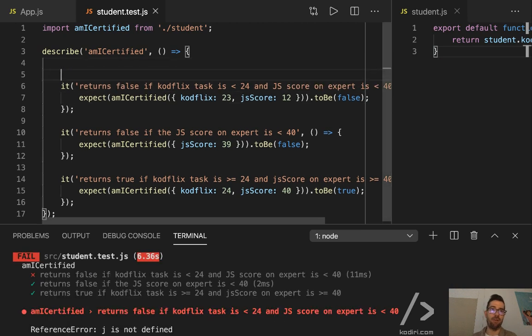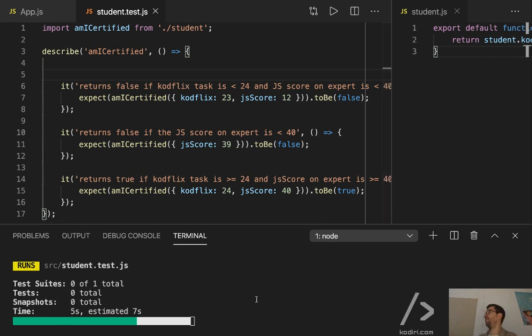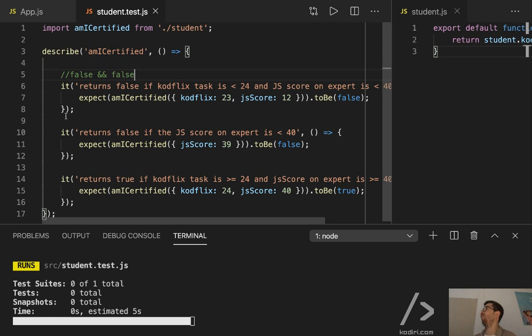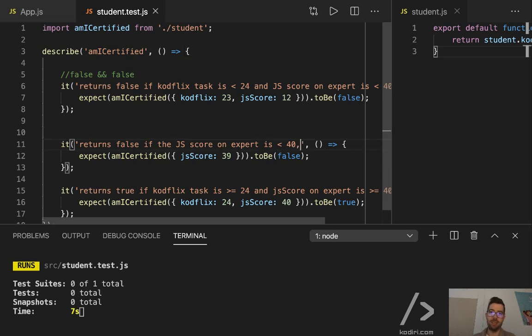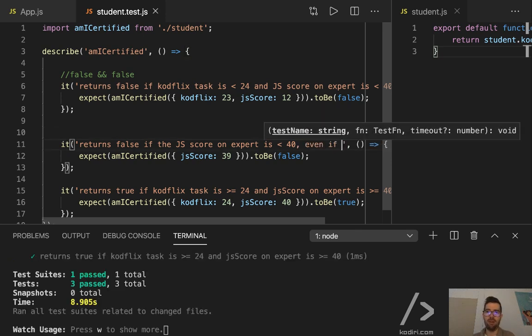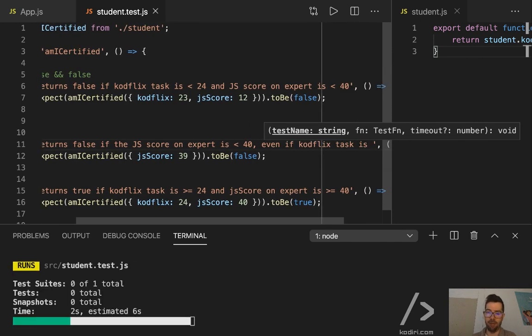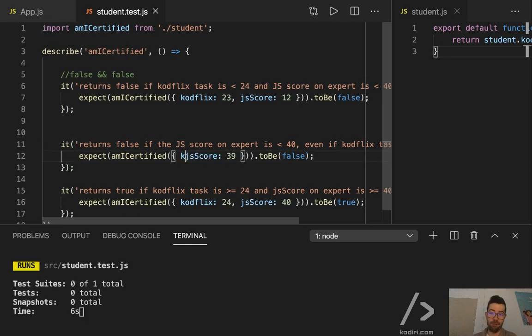So this is false and false. Actually, you can add a comment for now. Let me add a comment. So let me check the tests are passing, by the way. Yes, correct. So this is false and false. I will remove it later on, but just for reference purposes. So now returns false if the JavaScript score is lower than 40. Even if conflicts task is greater or equal than 24. Yeah? So even if conflicts is okay,